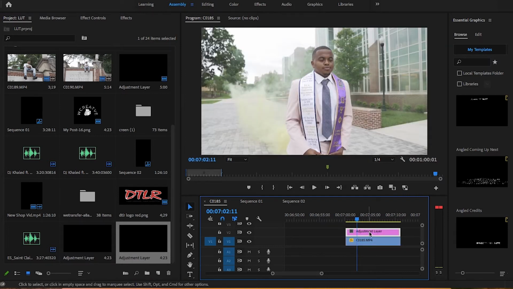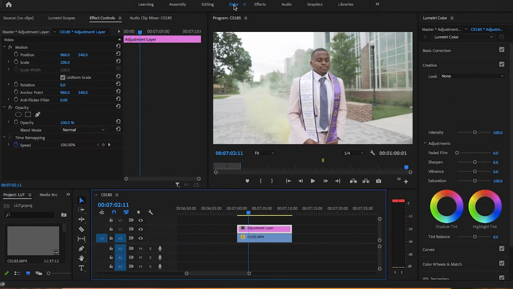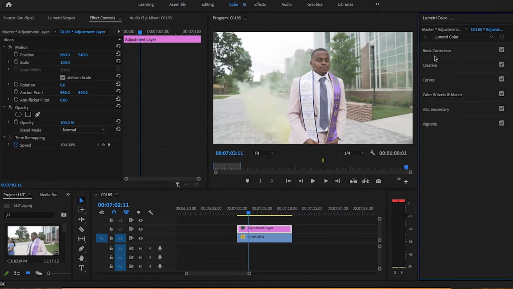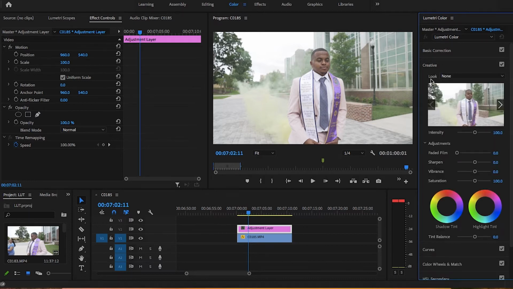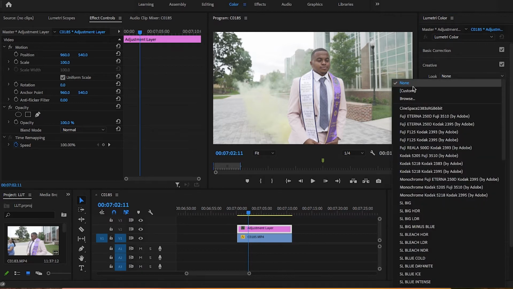So very, very simple step, just to save you some time and allow you to make changes over the whole video. So the next step, you want to go ahead and hit your color tab, and then you'll see a list of different things here, but you just want to hit the creative tab here. You want to hit the look drop down box, and this is where you're going to find